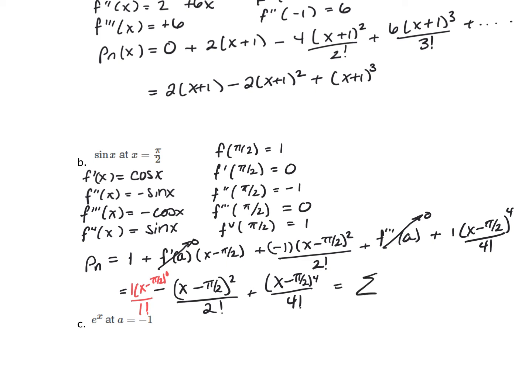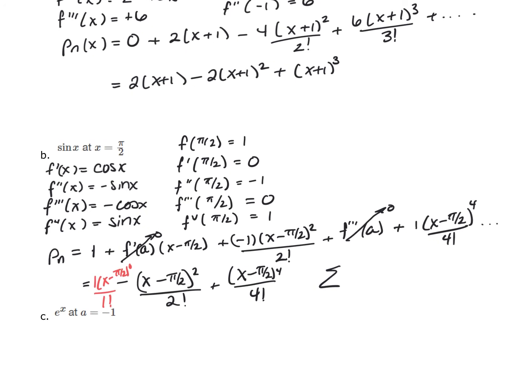And I should actually do dot, dot, dot, because this is going to continue. So this is equal to the sum from n equals 0 to infinity of, it's alternating, -1 raised to the n. In my denominator, this is 1 factorial, this is 2 factorial, but I'm in when n equals 1. This is when n equals 2. So if n equals 1 and n equals 2, and this is n equals 0, so 0 times something is going to be 1,